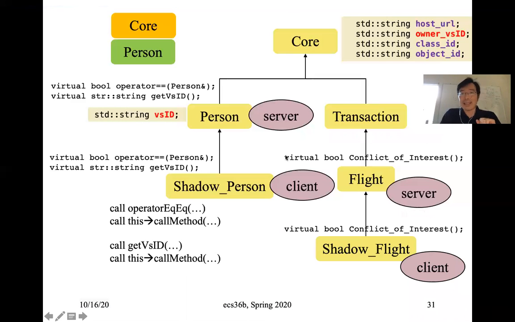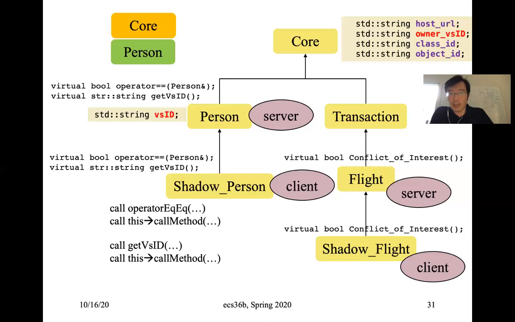Now I'm adding the keyword virtual. I'm adding the keyword virtual. When you add the keyword virtual, in the code I showed you earlier, this object was created as a flight, and therefore, even though you cast that object into something else, to transaction,